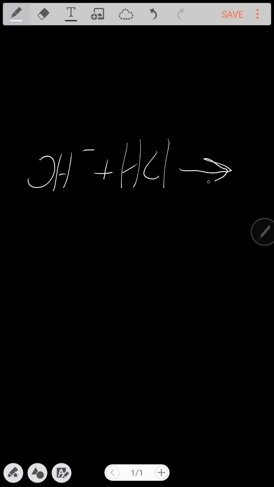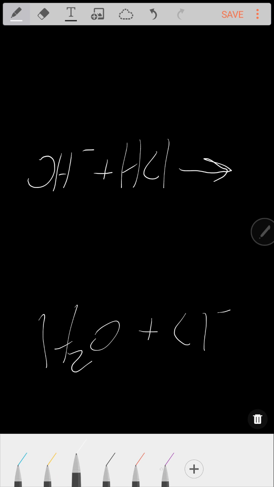The reaction is OH minus plus HCl, and that's going to yield H2O plus Cl minus. Don't forget our definitions of acids and bases, of being a proton acceptor or proton donor. So in this case,